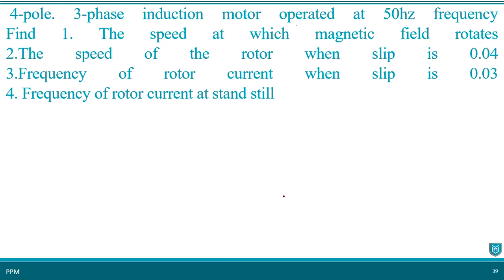Sir, my question is regarding the formula of the slip and the formula of the speed for different types of loads. Like you are asking just for the full load condition of the induction motor, but what if it was half load? Is it a different formula or the same? No, the formula will remain the same. Okay, the speed formula also.